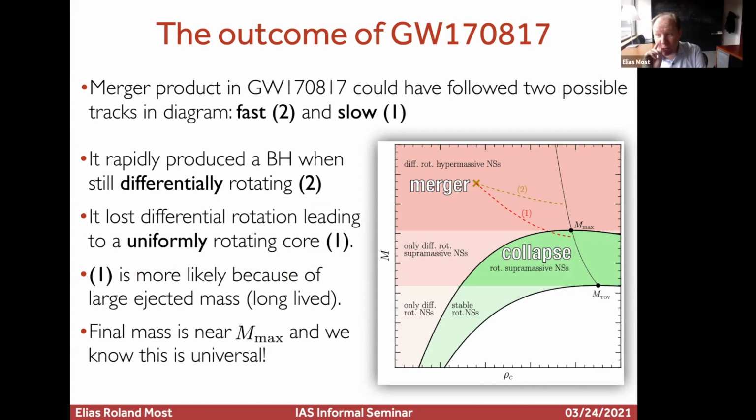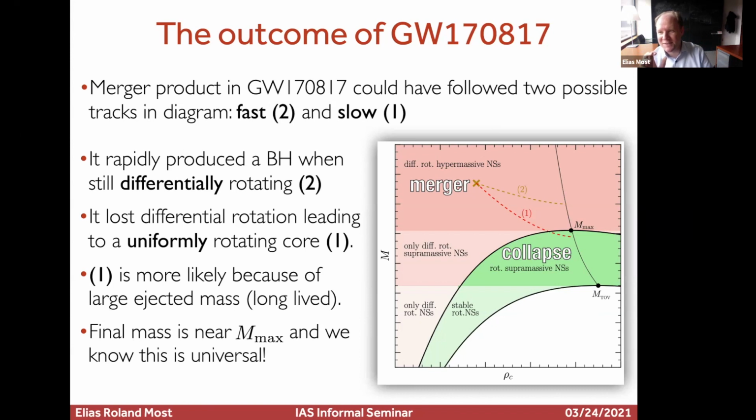So what you have is a time delay between the short gamma ray burst and the merger gravitational wave signal, where it terminates, of about 1.7 seconds. And you can do an estimate based on the magnetic braking timescale. If you put reasonable values for the field strength that we know from simulations, because there's some amplification in the merger process, but let's say you put an order of magnitude estimate for that, then you find that the braking timescale due to the magnetic fields is about 100 milliseconds.